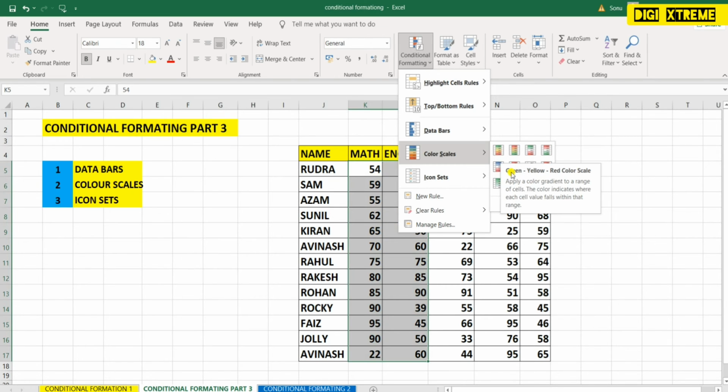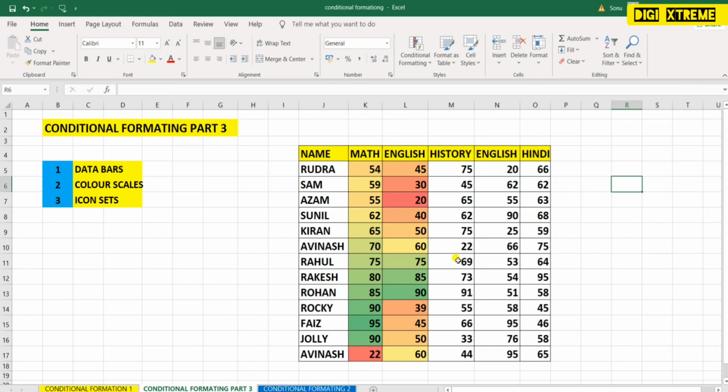Alright, there are different colors you can select according to your requirement. You can select the color according to your choice. Here this color reflects according to the value. If you want to change it and show red for the higher, then you have a custom option also. Let me remove the rules.